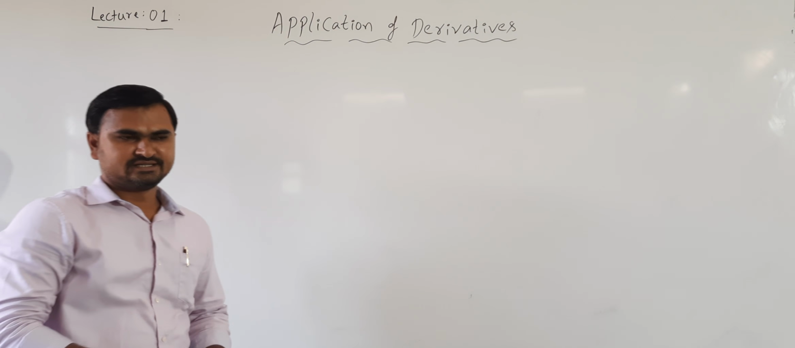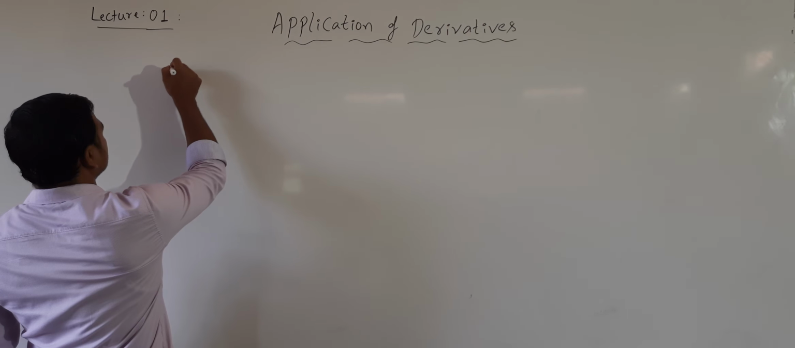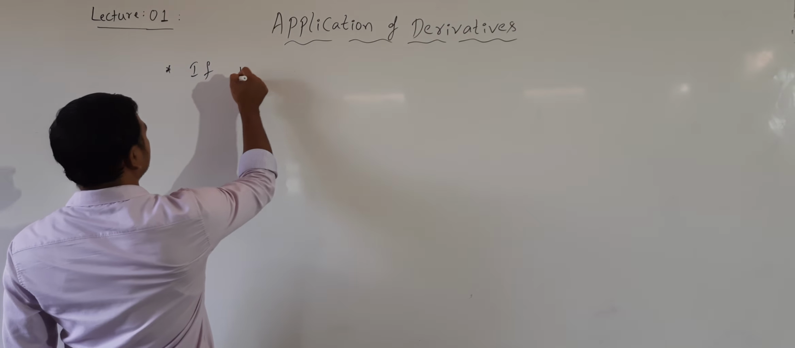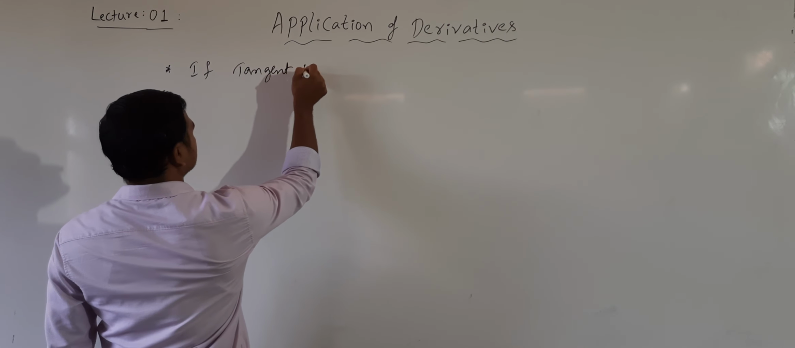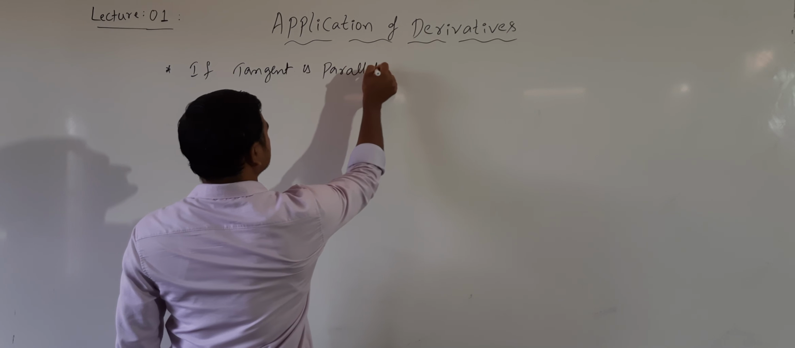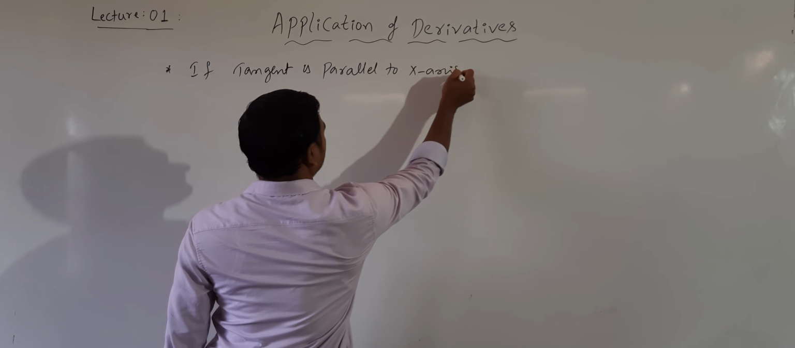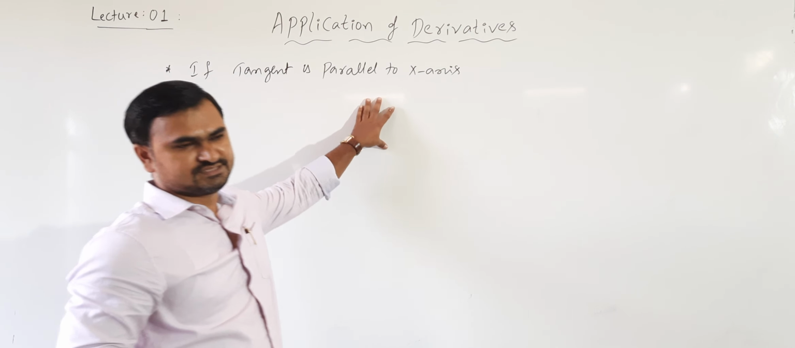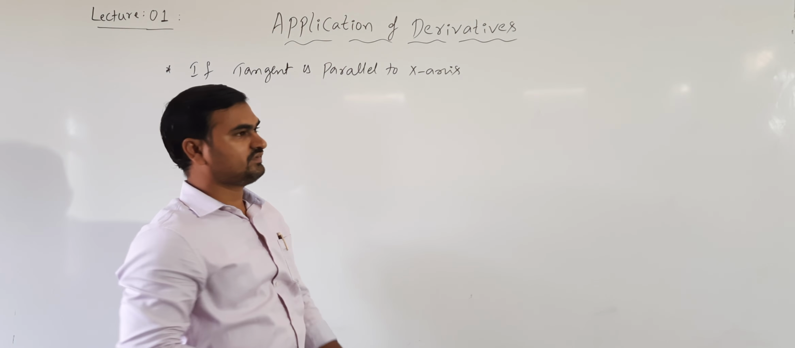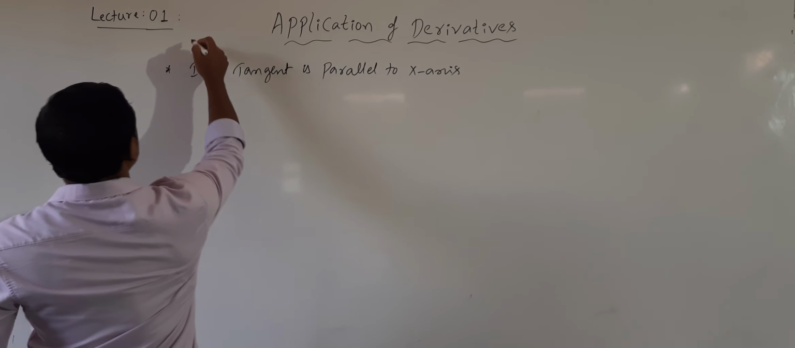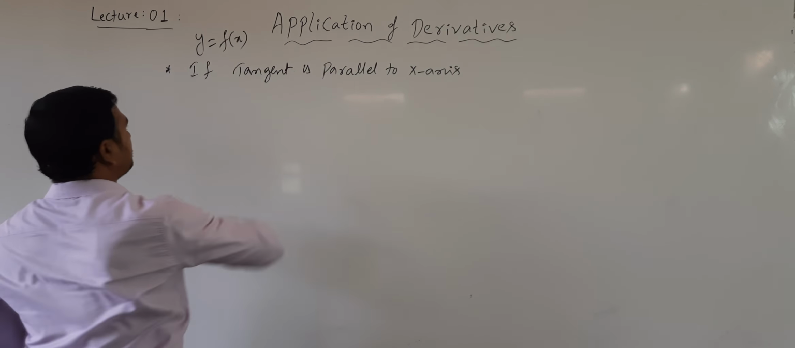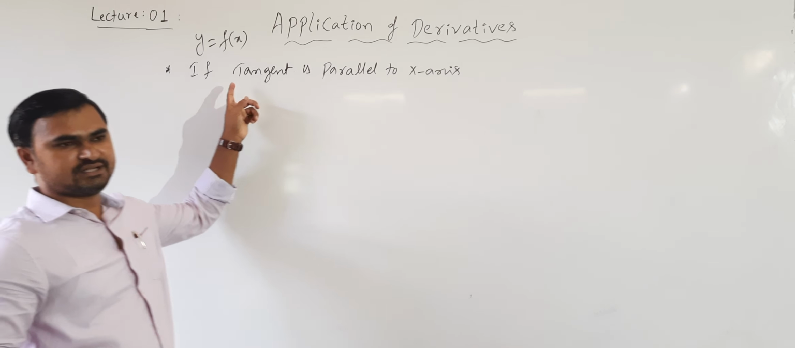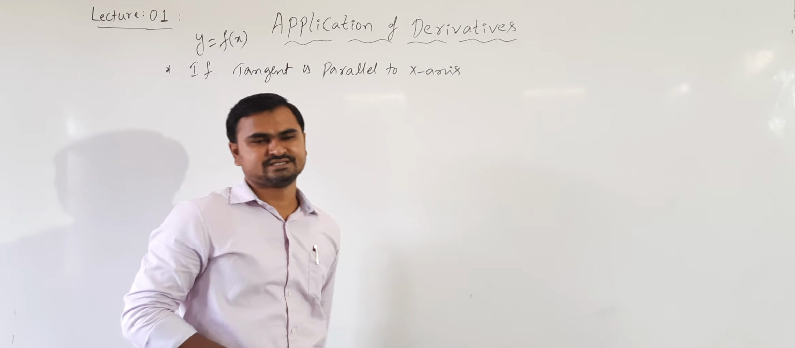Now, particular cases in tangent and normals. Suppose the tangent is parallel to x-axis. What is the condition we can write so that the tangent is parallel to x-axis for some curve? A curve is given, y equal to f of x. Now for that curve, what is the condition so that the tangent drawn is parallel to x-axis,